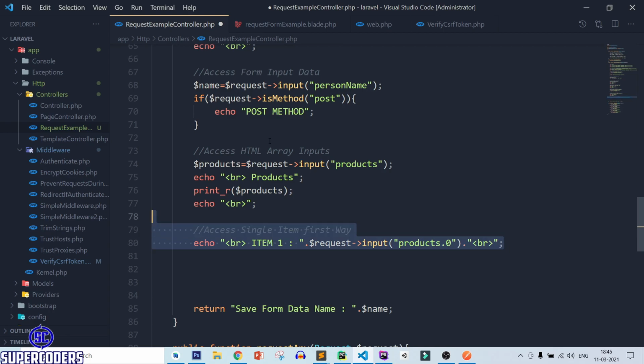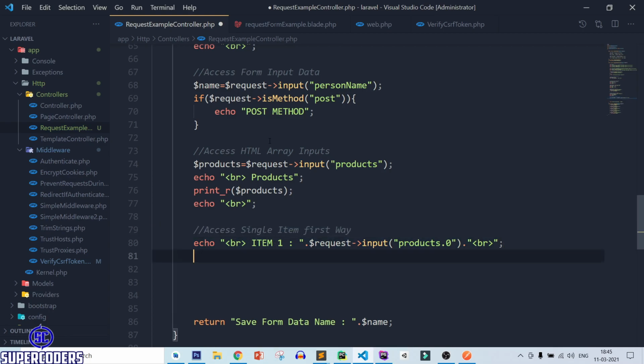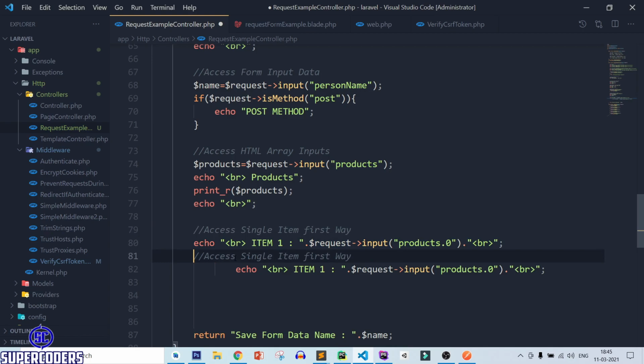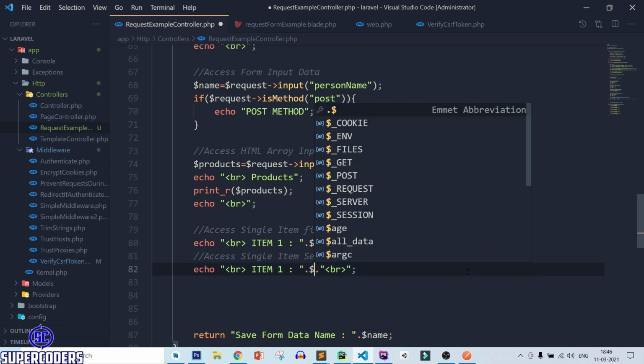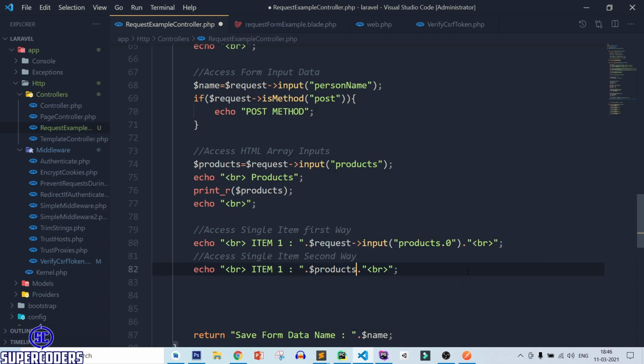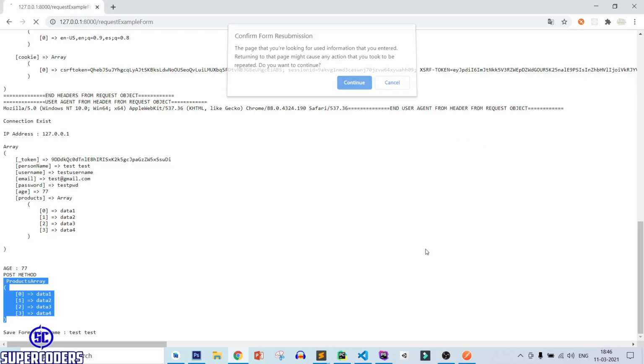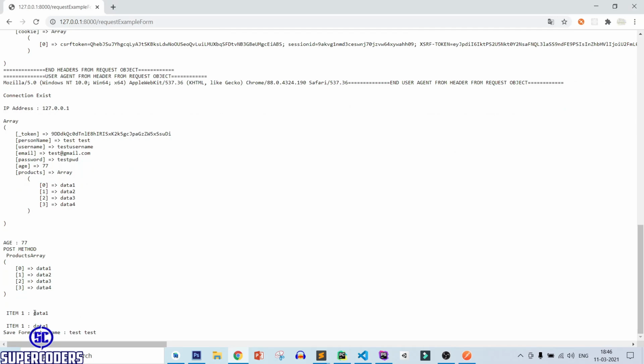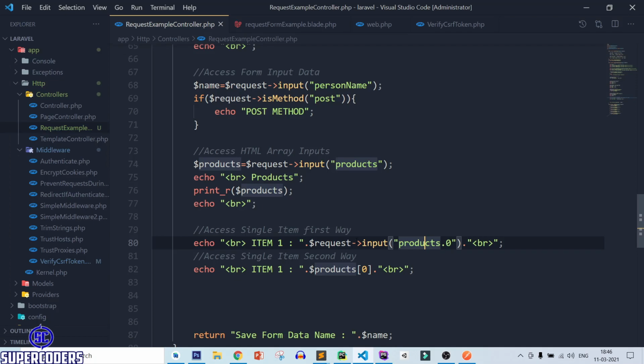Let's see another way. Second way. In the second way, you don't need to do anything, just use $products, because I already stored data in products. Then pass the zero index, save it, refresh page, and you can see item 1 data 1. So in this way you can access your products item in the first way and the second way also.